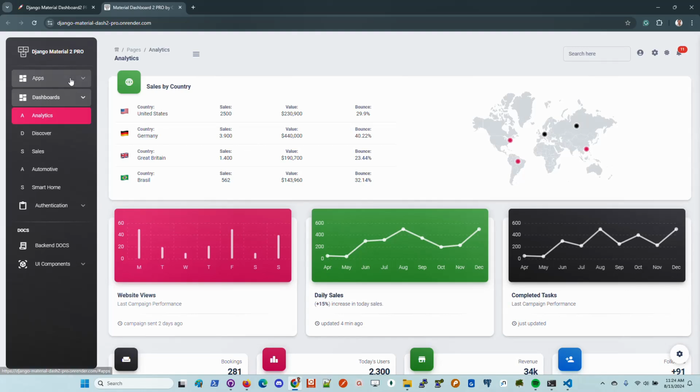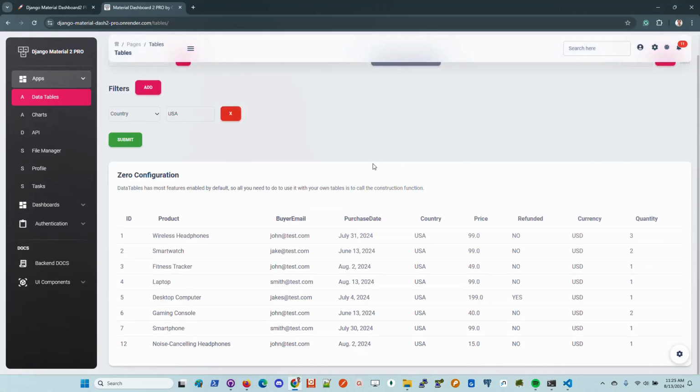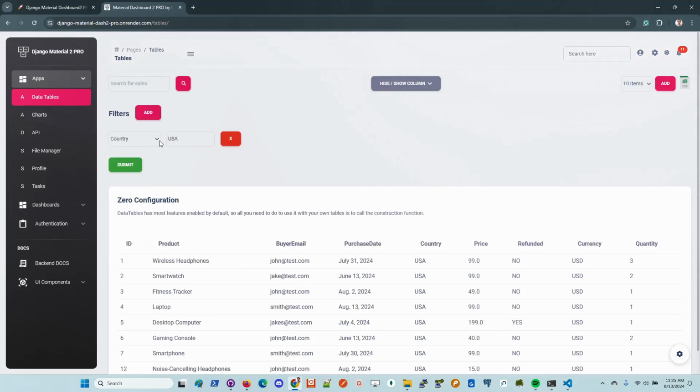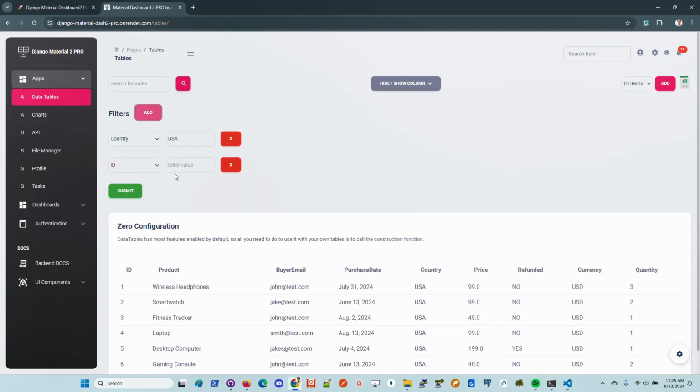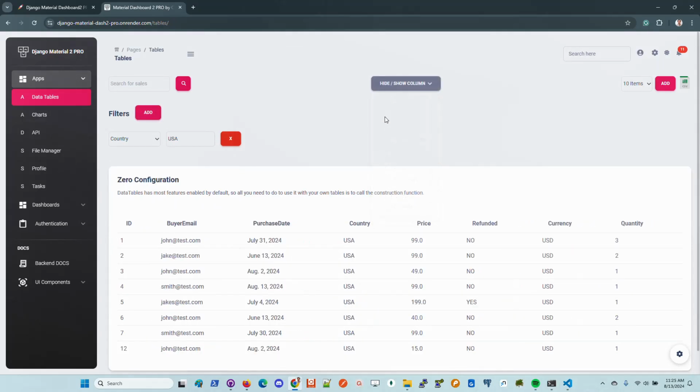So once you're in, you need to navigate to the application folder menu where you can find all the core features provided by the starter. The latest updates mostly targeted the data tables view that comes right now with a simplified structure. We have here the fields. We have the filters that can be easily added and removed. Also, we can filter here the information,